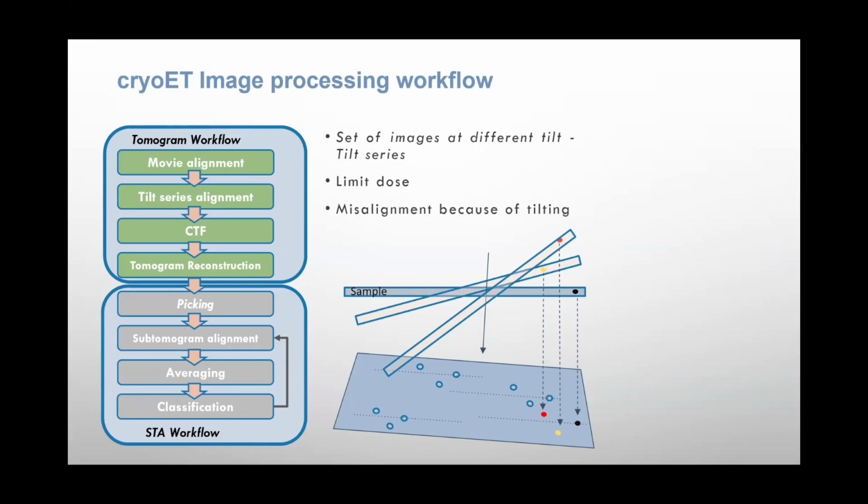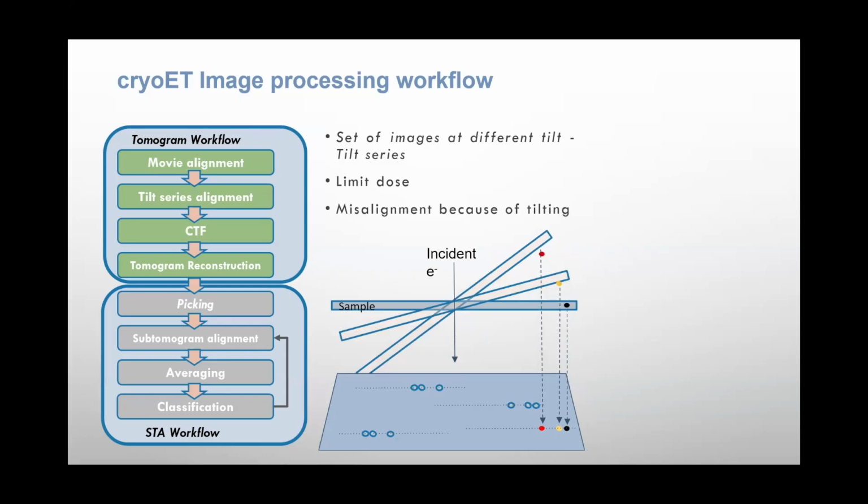So that implies that we have to correct this misalignment in order to explain all images as a single axis rotation. So once we have estimated these alignment parameters, we have a single angle rotation, and